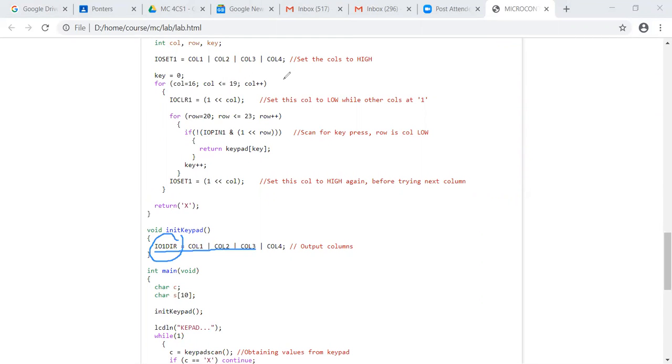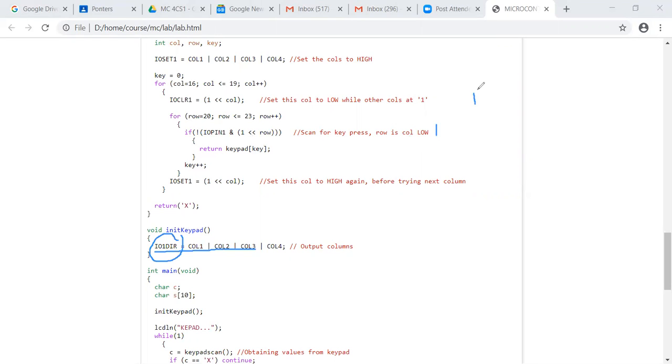The rest is a high-level C language program where you have a data structure of 4 by 4 cross, and you should treat it as a matrix without any connections between them initially. When there is a press, they get connected. How do you recognize there is a connection? Initially, columns and the rows are at the same value.